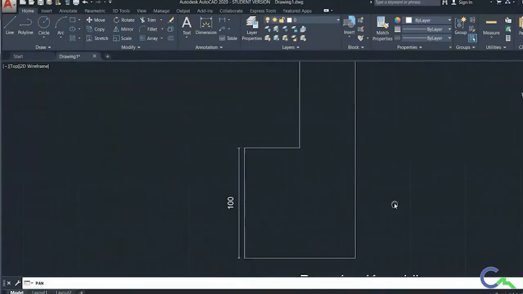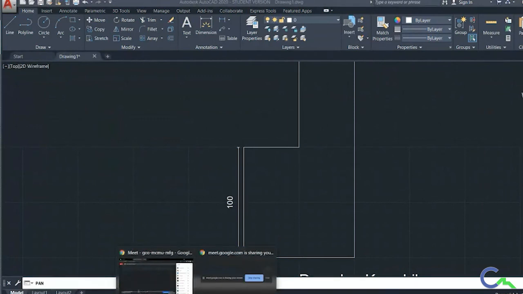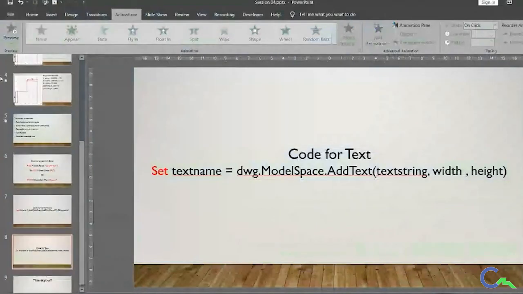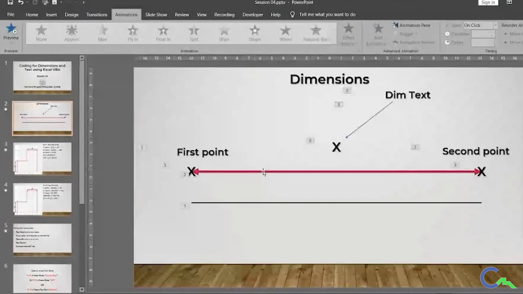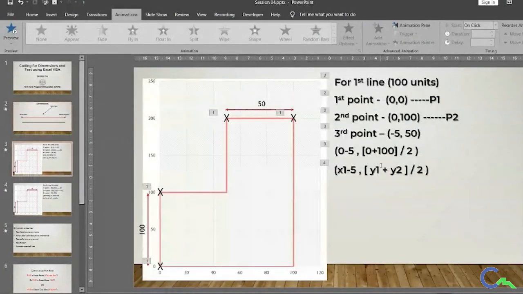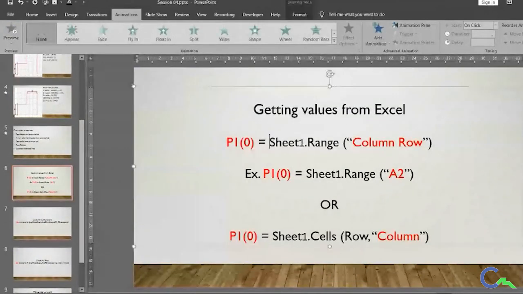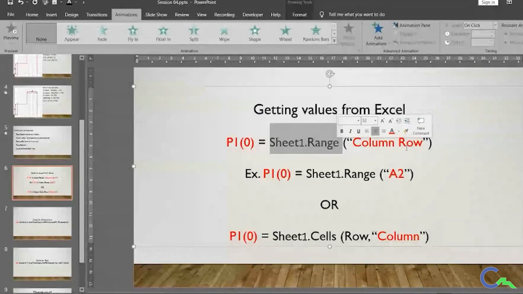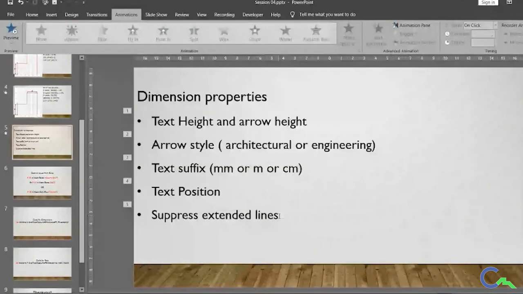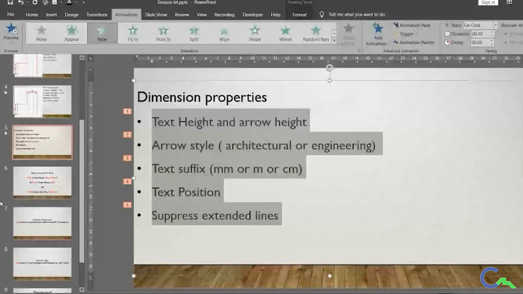So this was the total concept of dimension and text. You have to have 3 points, remember that, and those 3 points should come from Excel. And how to take from Excel? We have a beautiful code called range. Give your column number and row number, and if you want to alter the properties, you can.